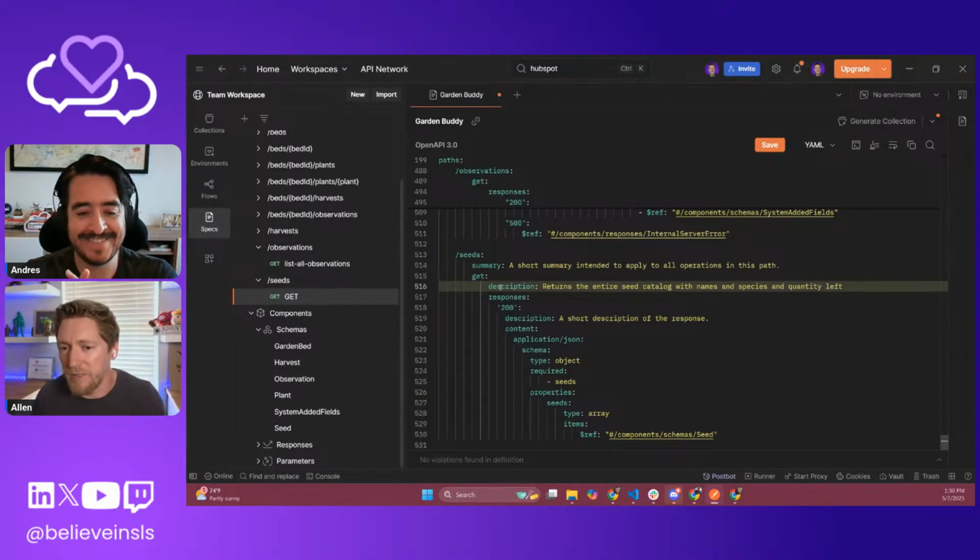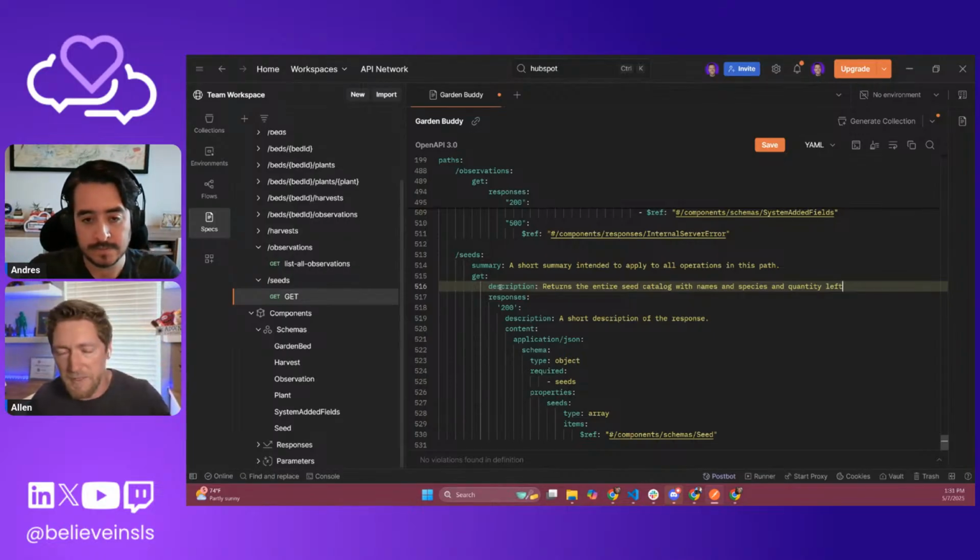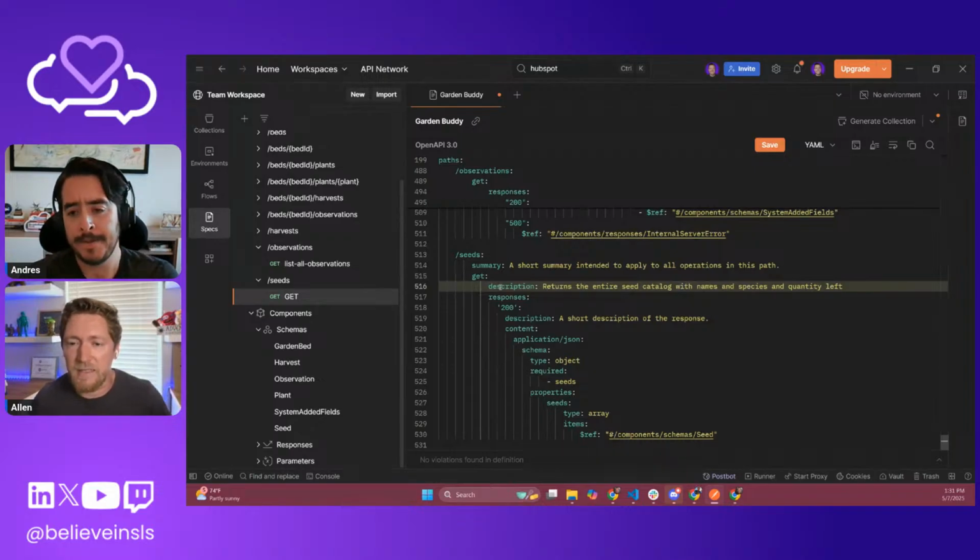Because that's what you would want, really. When we're talking about using this in our MCP server, where I'm just trying to chat, let's say I'm talking to Alexa. I have this MCP server hooked up to Alexa, and I say, hey, what would go well in my main garden bed?